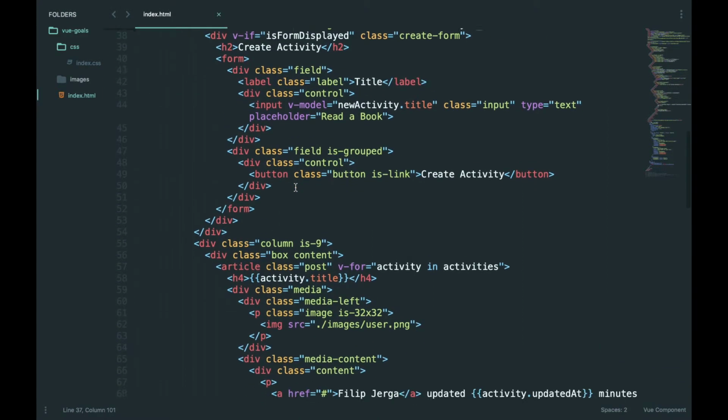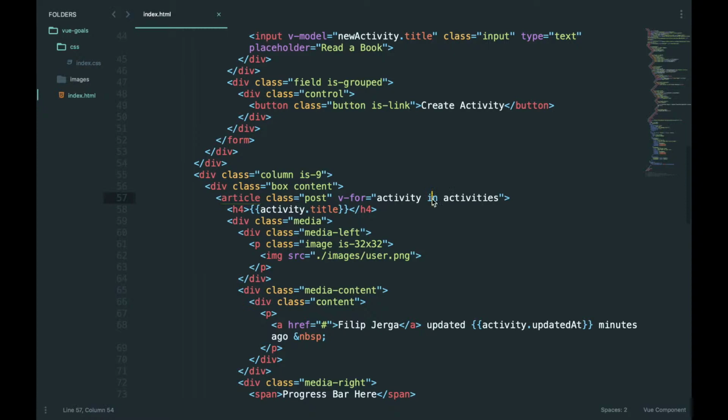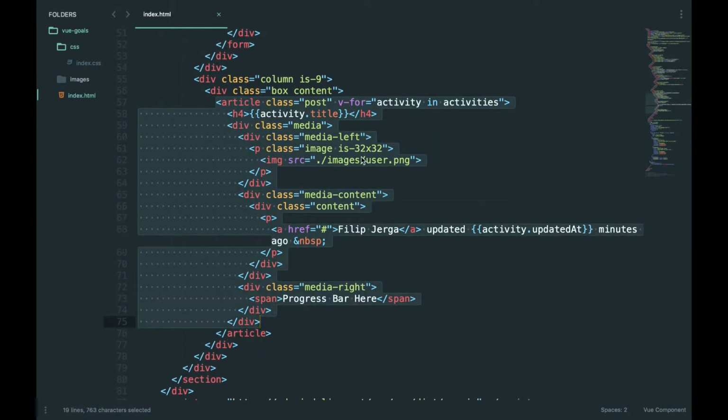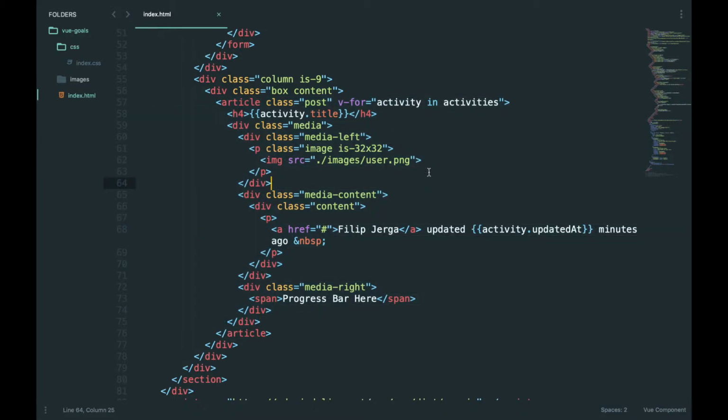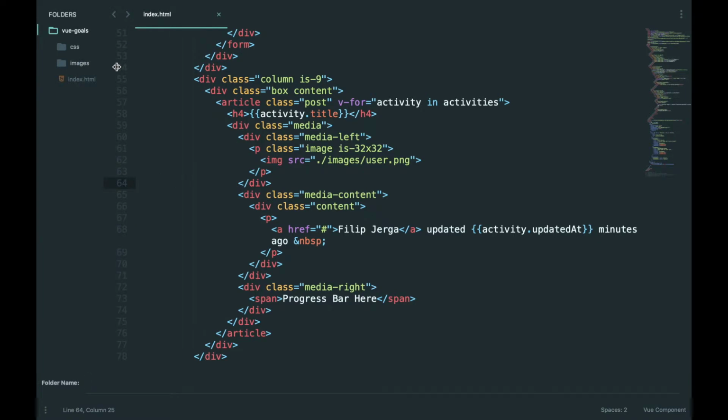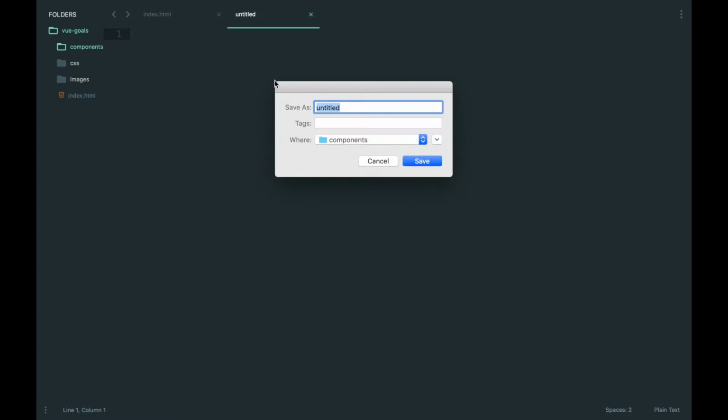Let's scroll down here, and here we have activities. I can separate all of this code of an activity into a separate component. Okay, so let's do it. Let's navigate to our folders on the left side and create a new folder, and let's call it components. Perfect. And inside of the components folder, I will create a new file and call it activity item.js